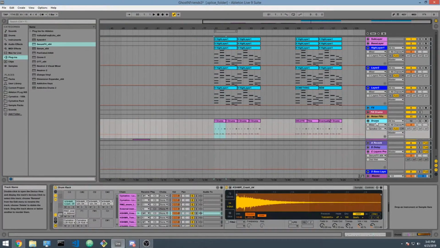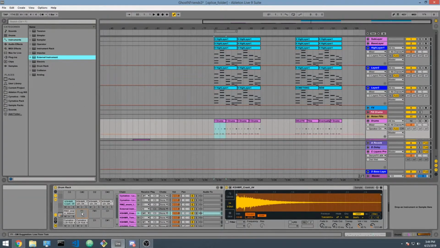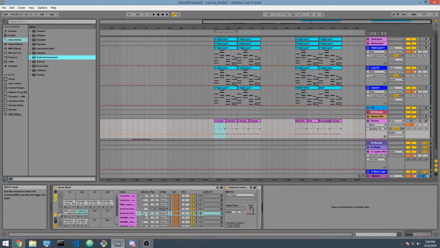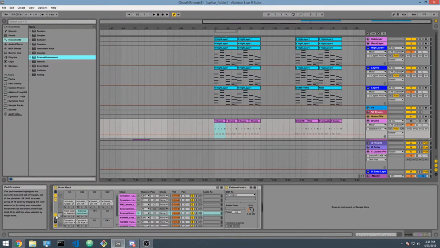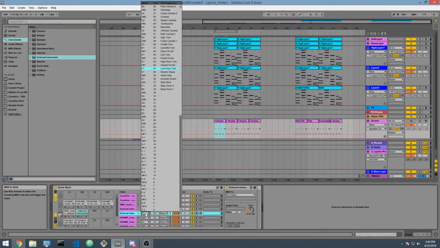Next, we're going to go to a drum rack. And then you're going to find under Instruments, External Instrument. Now we drag it into our drum rack. Oh, before we do that, make sure that you have Show-Hide Chain List. Click on that so it's showing it. And then click Input Output right here. That's the I/O. Now under External Instrument, wherever you put it, ours is on F1,